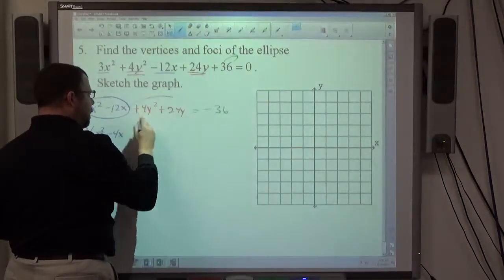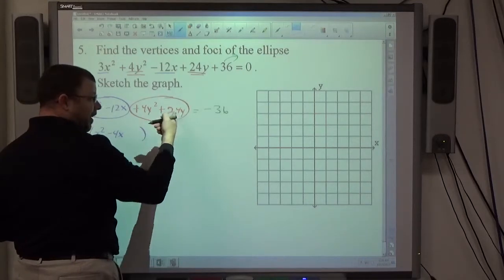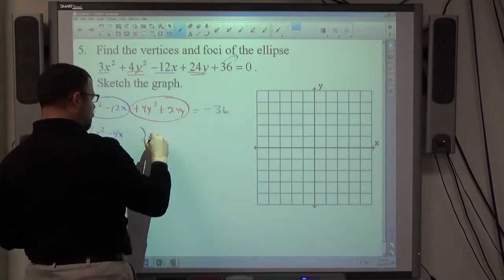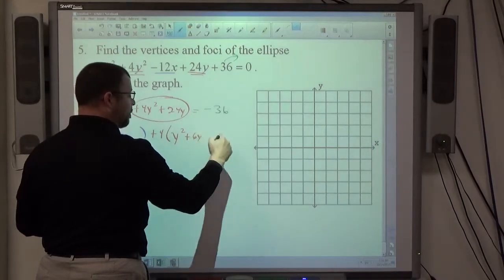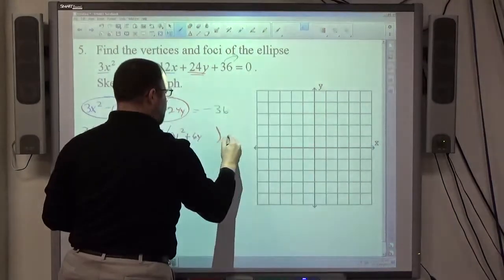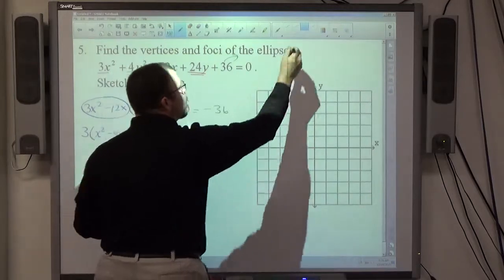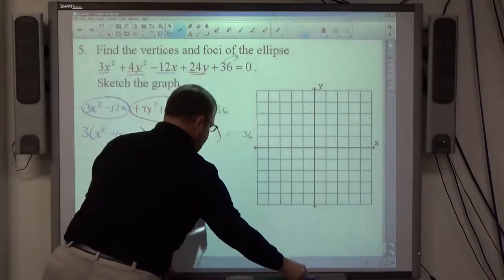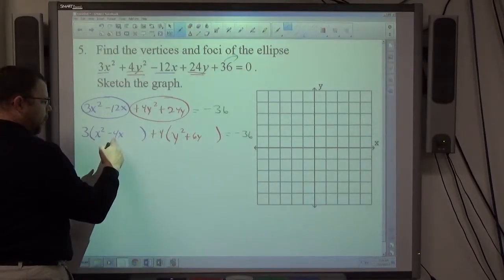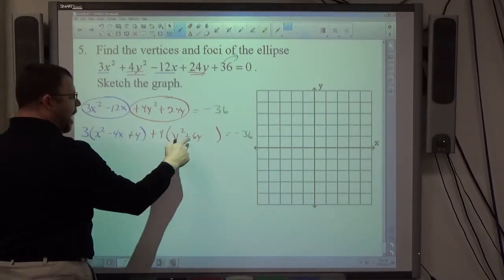Then for this one, I'm going to take a 4 out. Again, even if it didn't divide by 4 evenly, we would do it anyway. So plus 4 parentheses y squared plus 6y, leave some space, equals negative 36. Then we complete the square, and half of 4 is 2, 2 squared is 4, half of 6 is 3,